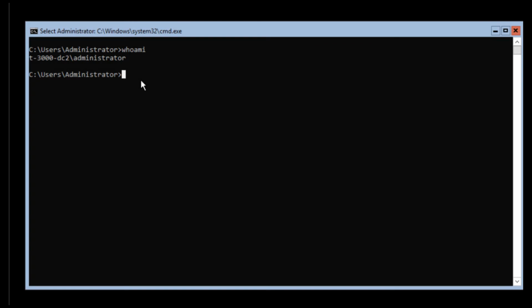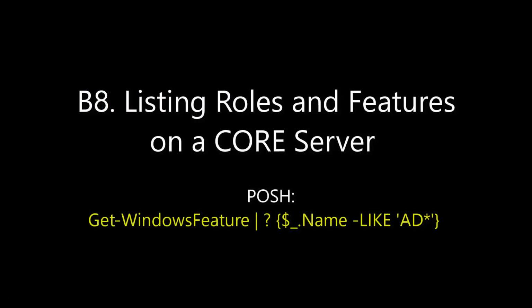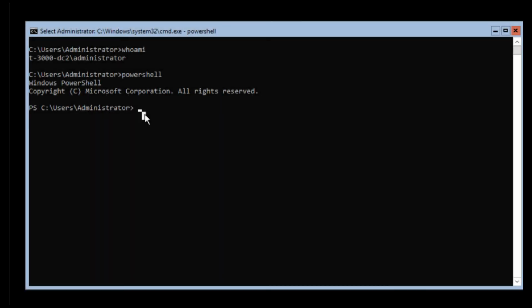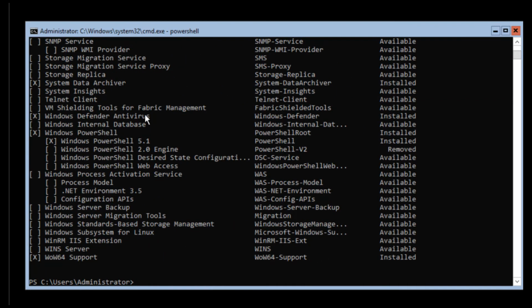Now I need some PowerShell. So we run the command PowerShell. And like we did previously, we can call Get-WindowsFeature. But there's a lot of features there, right? A lot of roles and features. So we need to narrow it down. And we can pipe it to Where